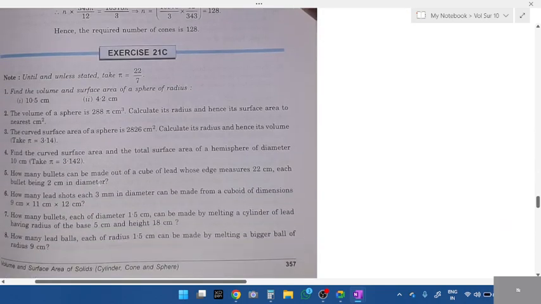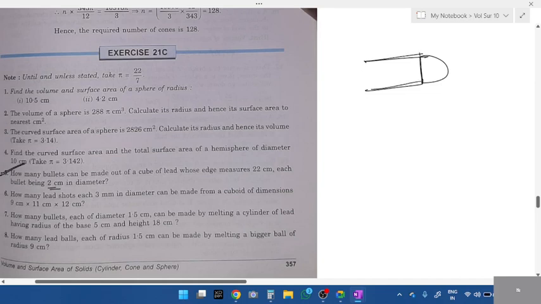That's it. 4 marks question. 21C, you see 21. All these are basic questions, students. If you want, try one or two questions, use those formulas. And one more thing, see how many bullets. This is what I was talking about, this bullet concept. How many bullets can be made out of a cube of lead whose edges measure 22 centimeters? Each bullet is 2 centimeters in diameter. They don't ask this for the board exam, but bullet shape, I already told you, it would be